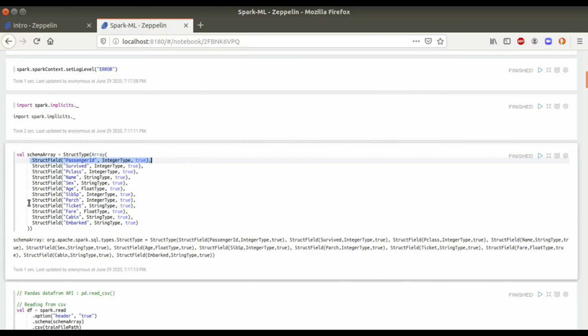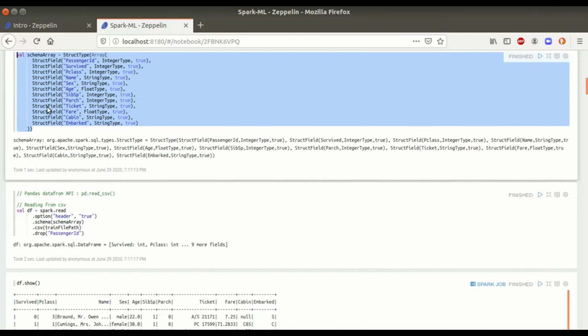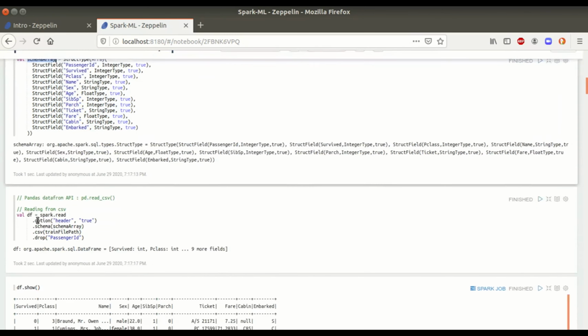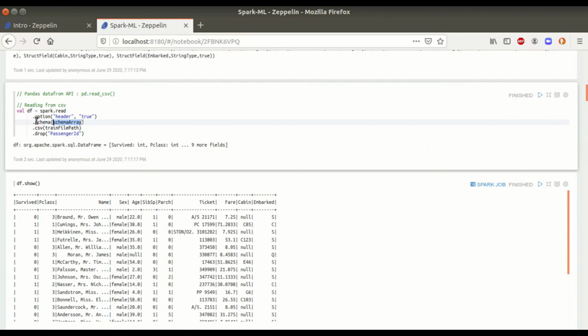From this particular schema array, we are explicitly specifying the data types for every column in my data set. By default, Spark can also detect the data types for each and every column, but as a good practice, we should be explicit while specifying the data's definition from our problem statement. So I supply this schema array while reading the CSV file. On this line, we get a Spark object as a reference for this CSV with the mentioned schema.